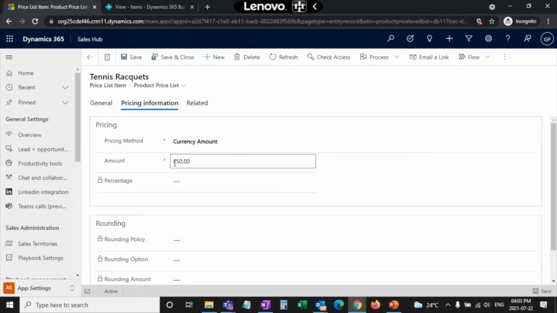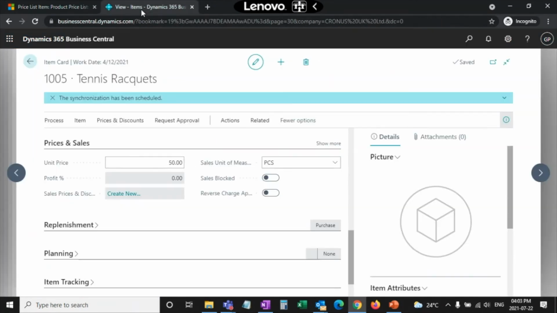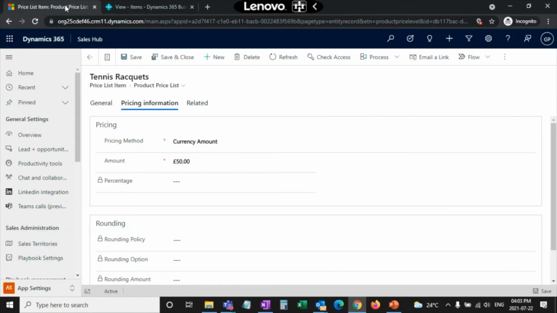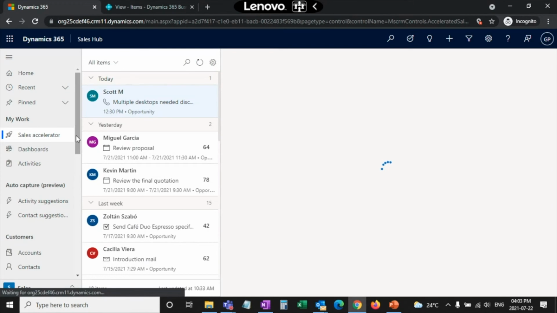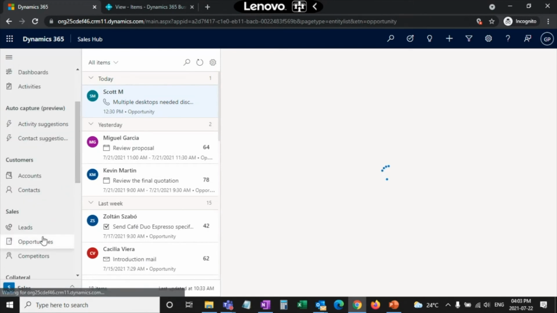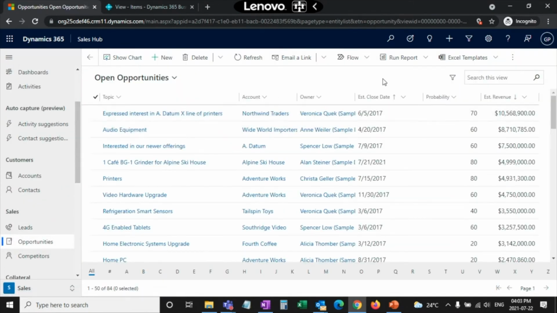So now here you can see that 50 pounds has been added. So whatever update I have done in Business Central, I have seen the data again, so the existing record has been updated. Now I'll go back to the opportunity, and since I have the pricing information in place, I can add the product to that opportunity.